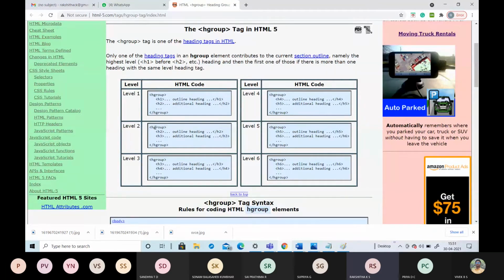Next, at level 2, it will contain the H2 and the H3. At level 3, the heading group starts from the H3 and the H4. From level 4, it starts from the H4 and the H5. In the same manner, level 5 starts from H5 to H6, and level 6 follows H6 and H6. So this is how the hgroup is going to look.